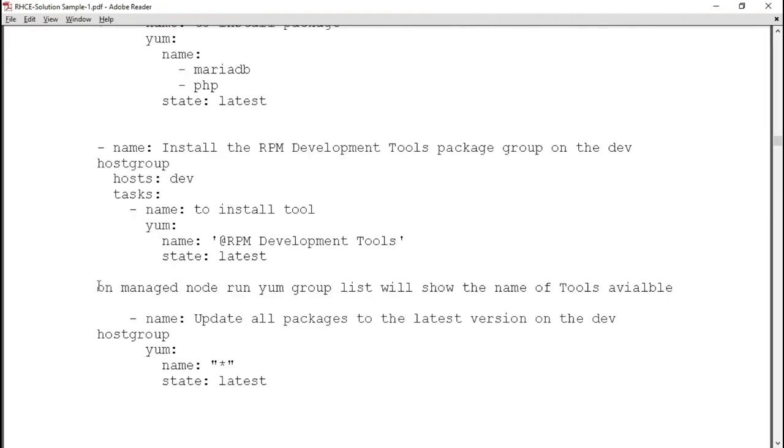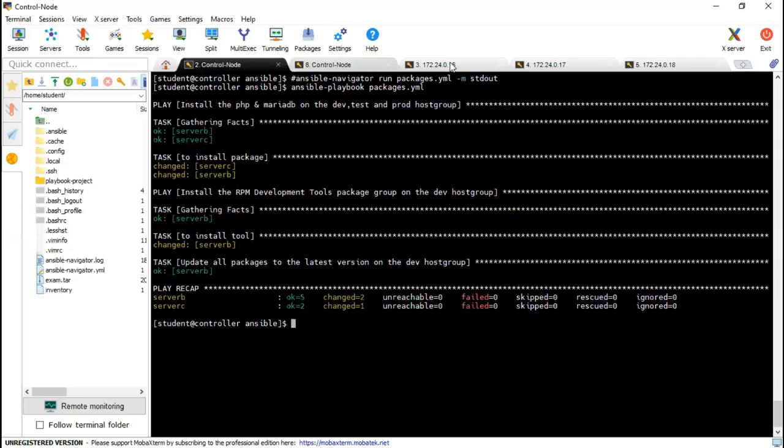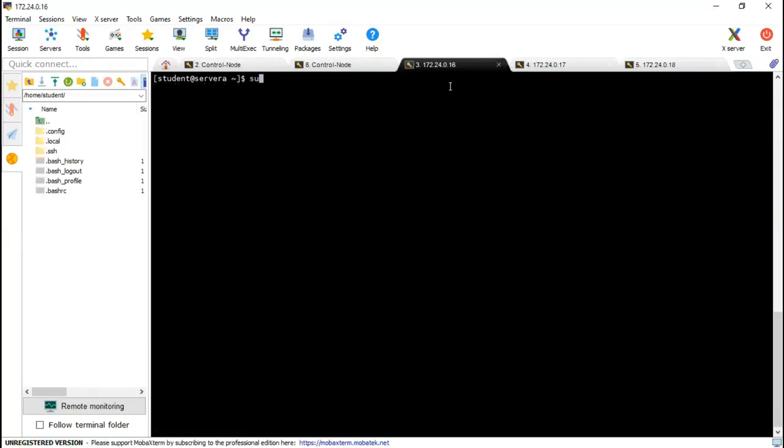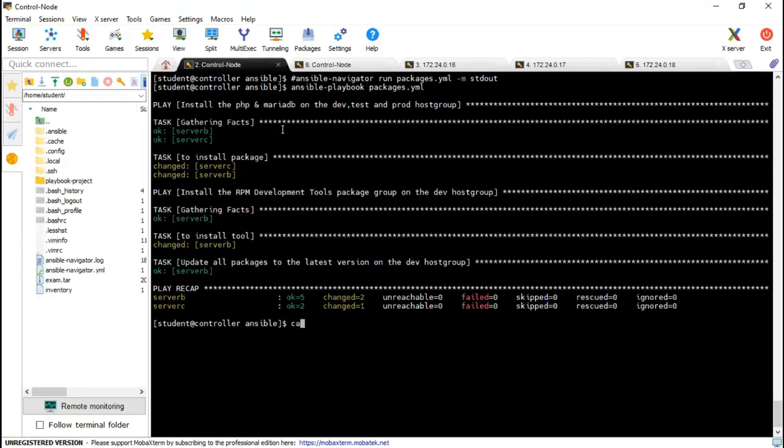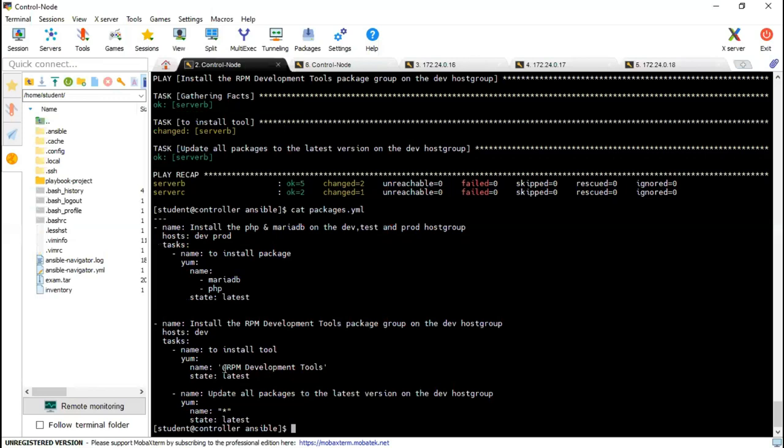Okay, this is what your instructions mean. This RPM development tools, if you go to any of the managed hosts, and however the concept of Linux, but let me show you group list. So you can see this RPM development group. So in my playbook, I have written this RPM development tool.